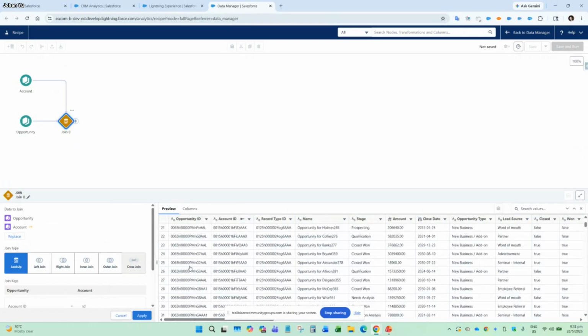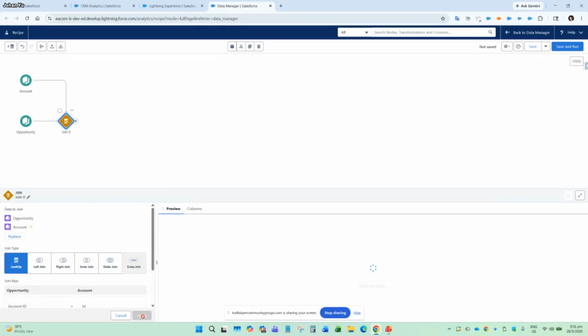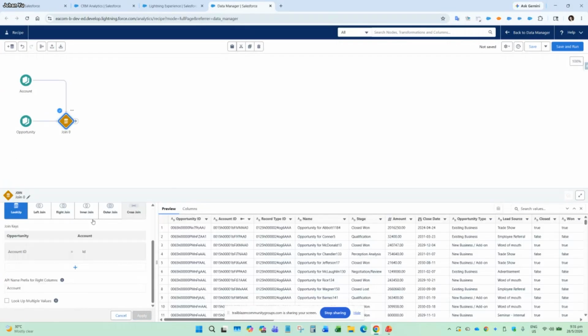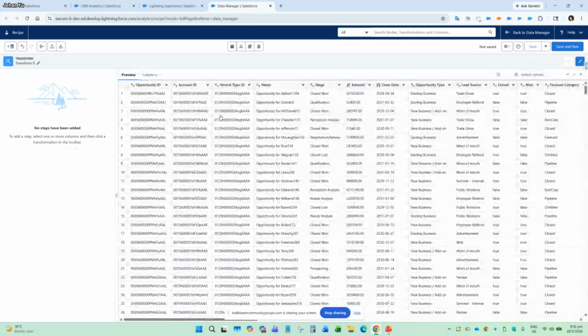And then you might say, I can do this with Salesforce reporting, so why do I need another tool? But this is the very simple one. You can do more things. Okay, I need to apply here, and then you can do more here. I want to have transformations. You can do a lot of transformations here. I can't show you one by one, but